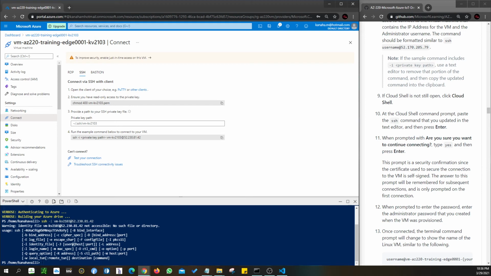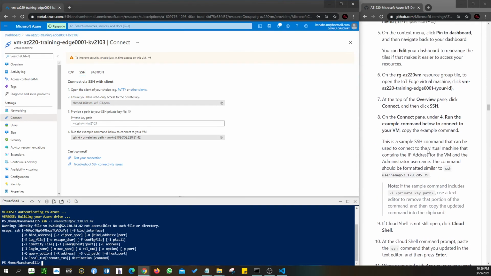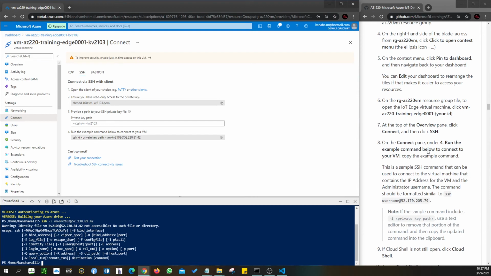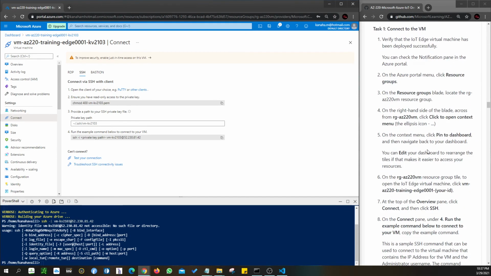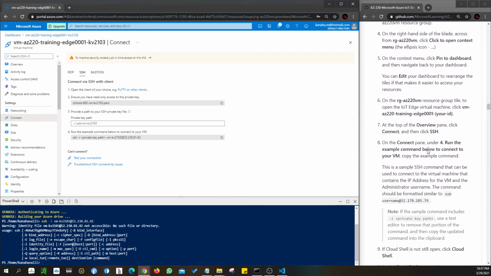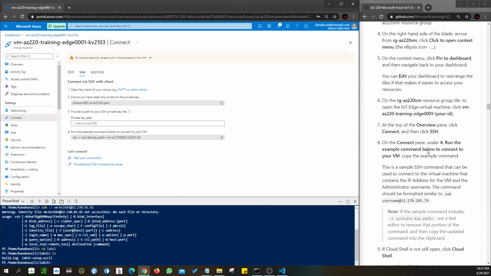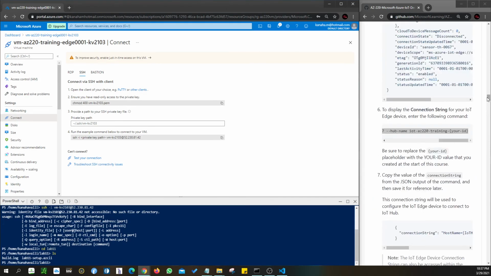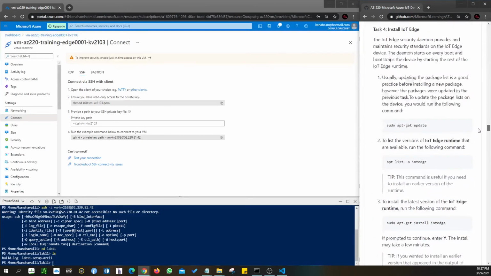Oh, no such file or directory. Did we miss any steps here? Are we supposed to go to lab 11? I am pretty unsure about that, but we can test and see,